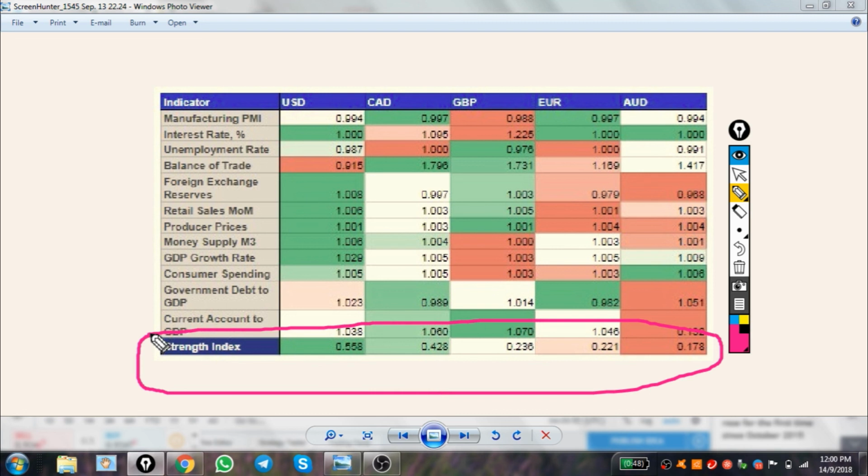And of course, where you're going to buy and where you're going to sell, this table alone can't tell. You have to go to your charts, and that's exactly what I teach in my Order Flow Workshop seminar that I conduct in Singapore, Malaysia, and right now in the Philippines.